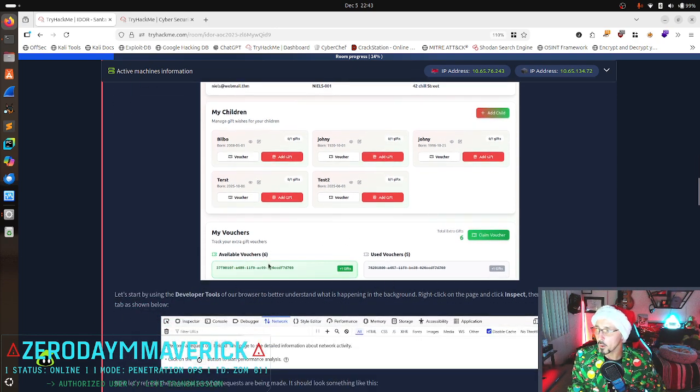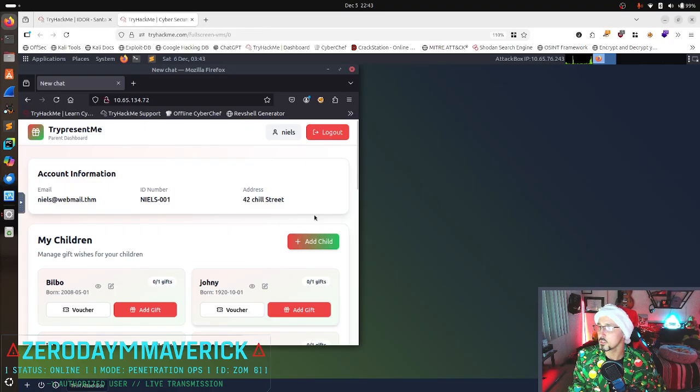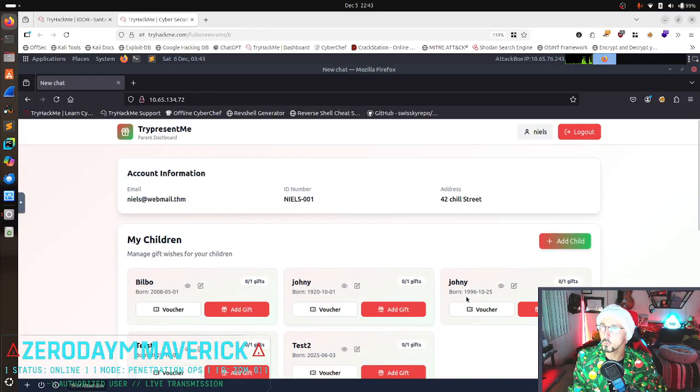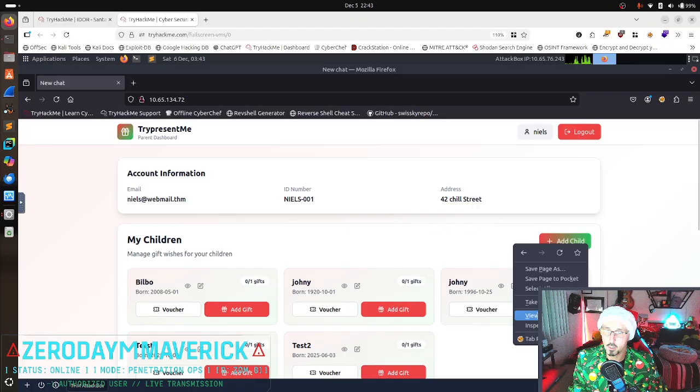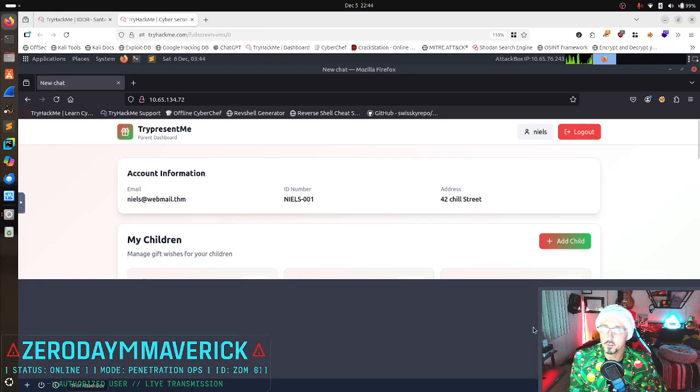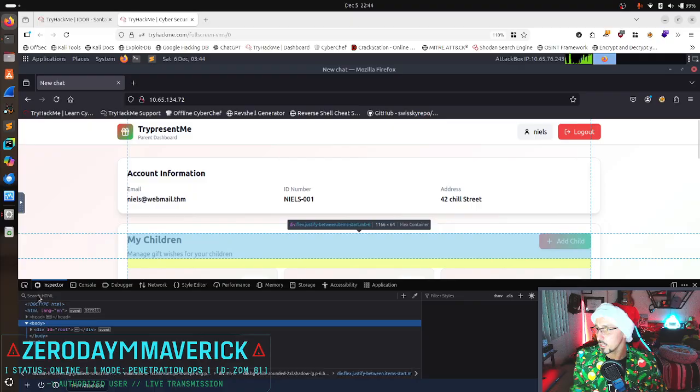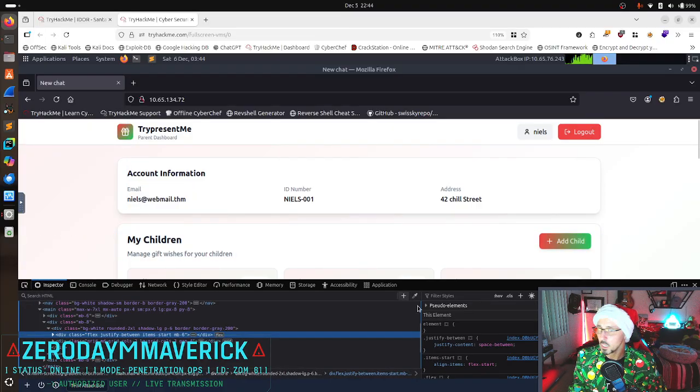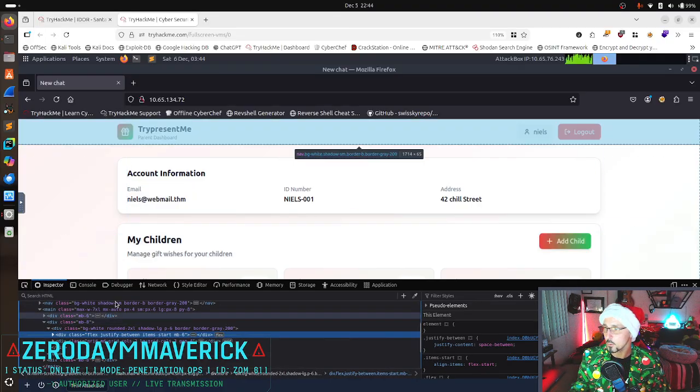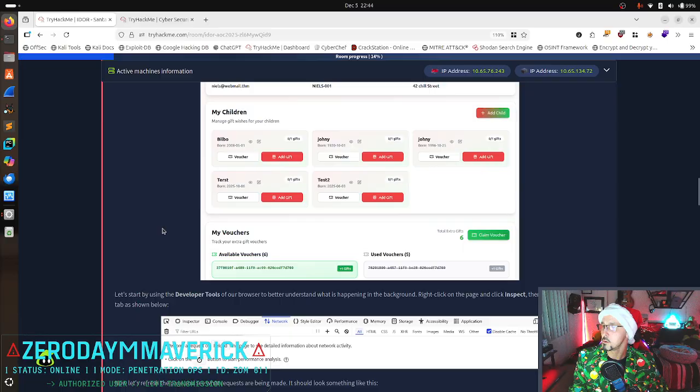Let's start by opening the developer tools in our browser. So we're going to go here. We're going to pop you all the way out. And to get your developer tools, just go here to inspect, and this is going to get you all the information you're going to need. And as you can see, it comes back with a plethora of information.